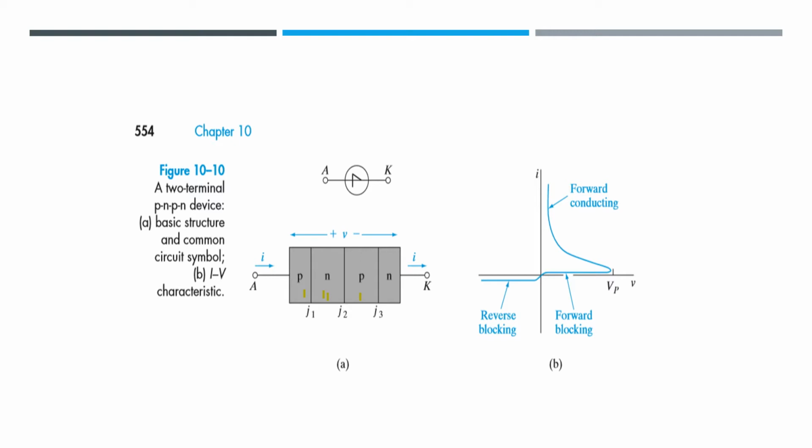Before moving to the control of an SCR using a third terminal, it is important to understand the basic transistor action at work in a PNPN structure. Therefore, in this section, we analyze the 4-layer structure with only two terminals. Here you can see that only the anode and cathode terminals are given.